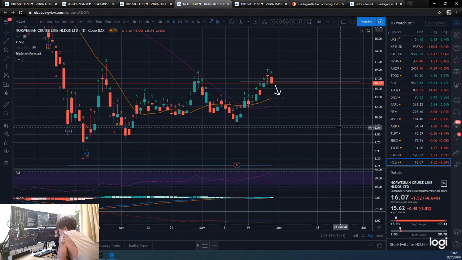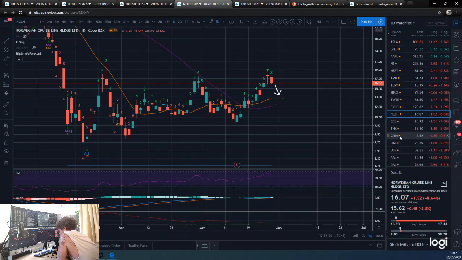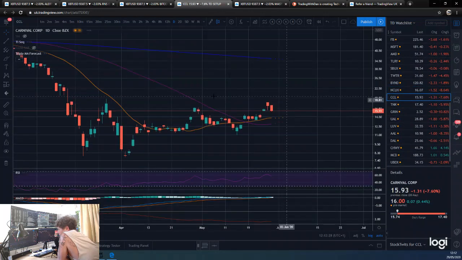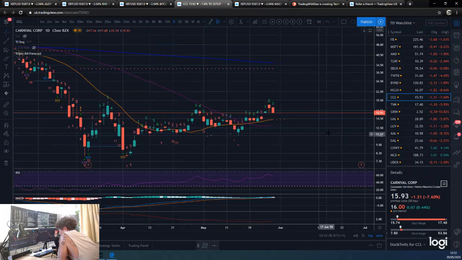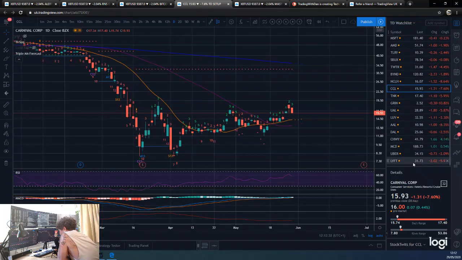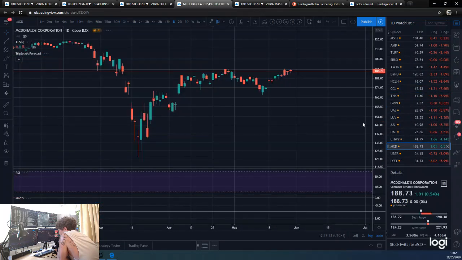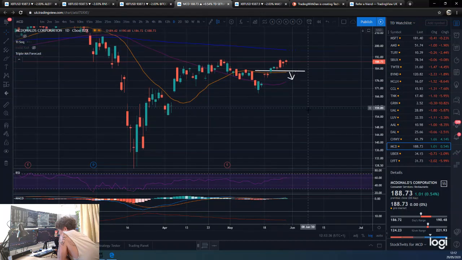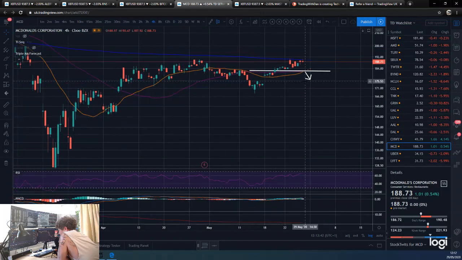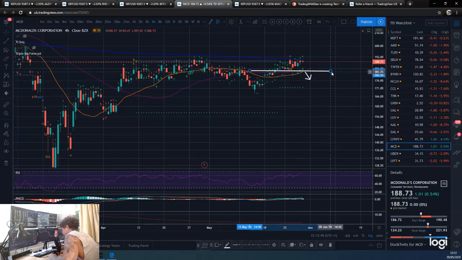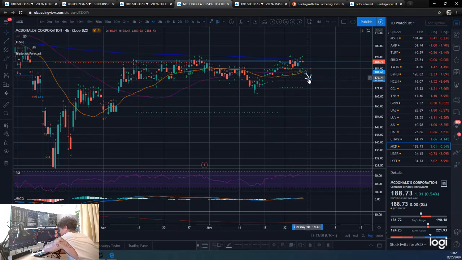But that is basically about the shortest time frame that I'll use, and I think it's a good one for stocks. Is this Clorox? No, Carnival. I'm not really that interested in looking at Carnival. McDonald's. Yeah, here's the sell trade based off, I'm guessing, the 4 hour, but now we'll probably want to be waiting for the daily 9, so no real need to enter McDonald's now. It was based off this, it never happened. We're moving onwards and upwards, so we'll delete this and wait for the daily.